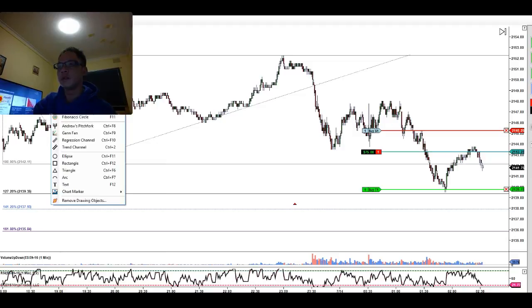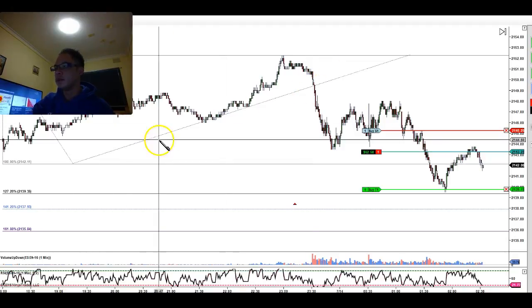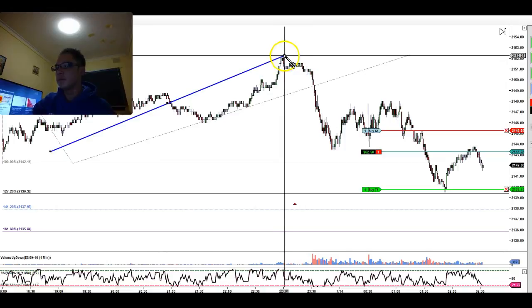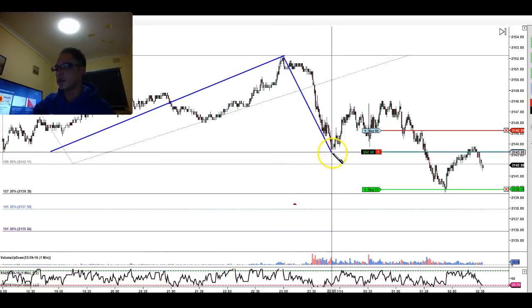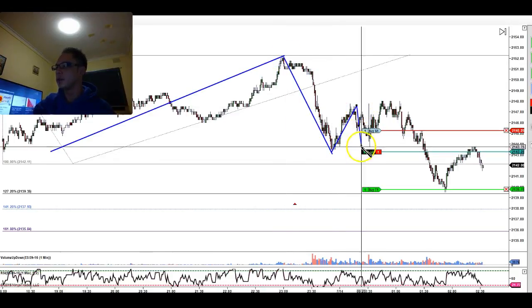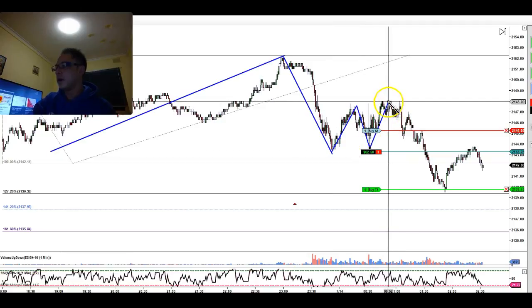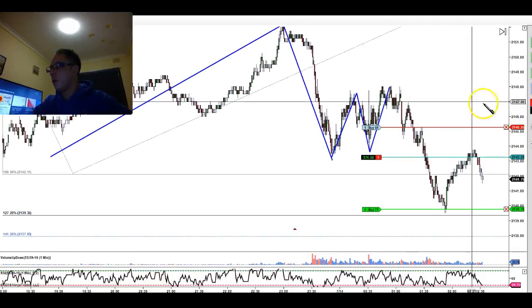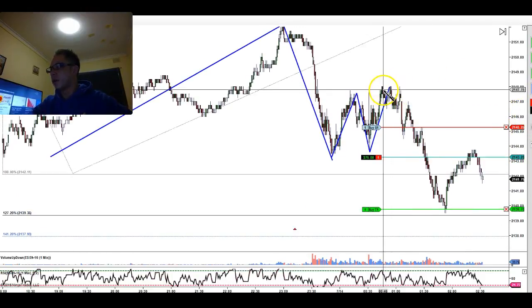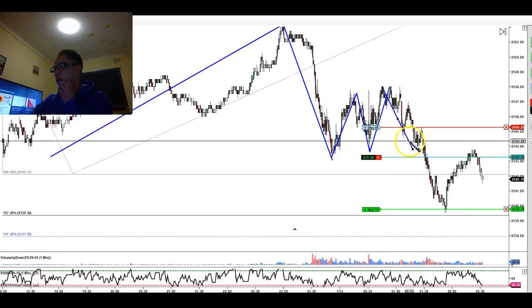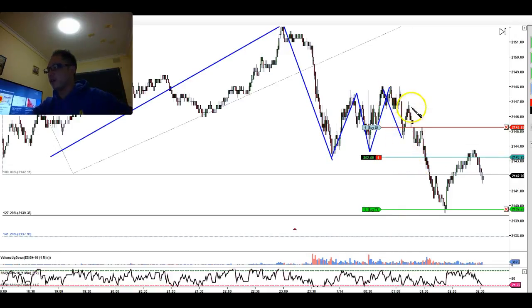Okay, so I want to go into drawing mode. So basically the market's done this, right? Then it's broken structure, and then we had some consolidation, and this is kind of a false break. So we did make a higher close, but essentially it's a false break, and then the market moved down. Now I actually got into another trade soon after, right about here,